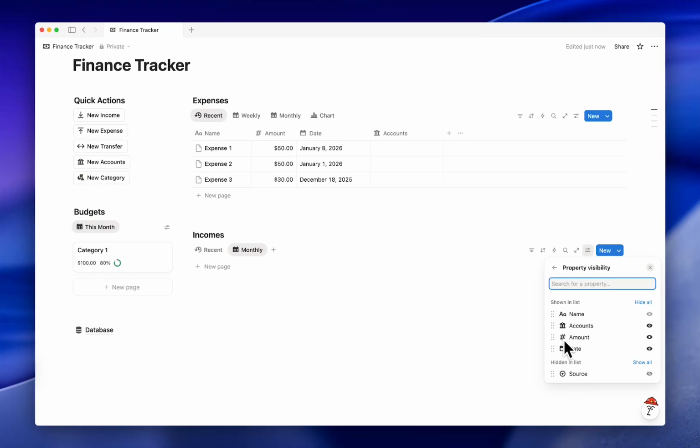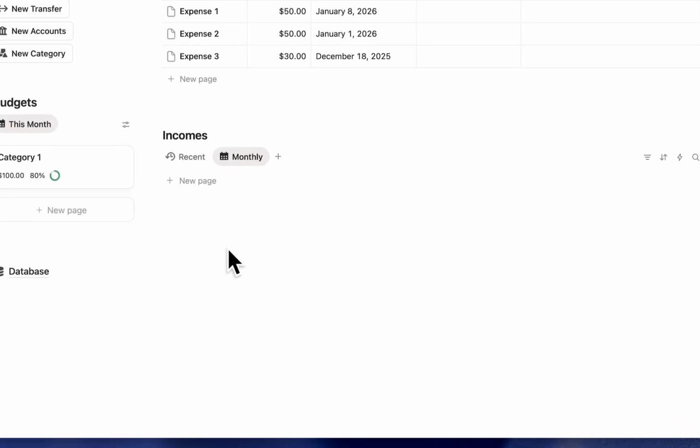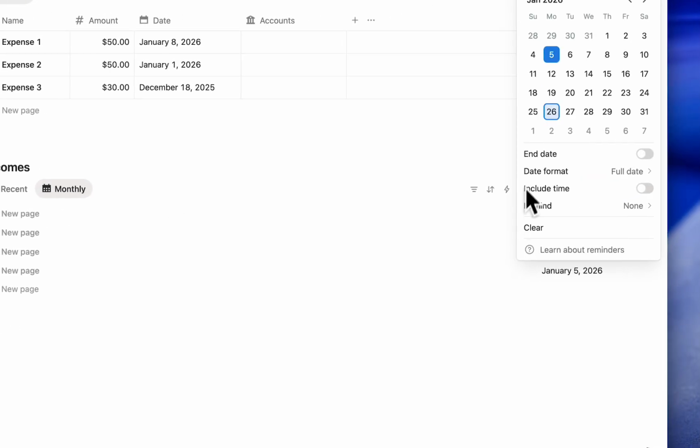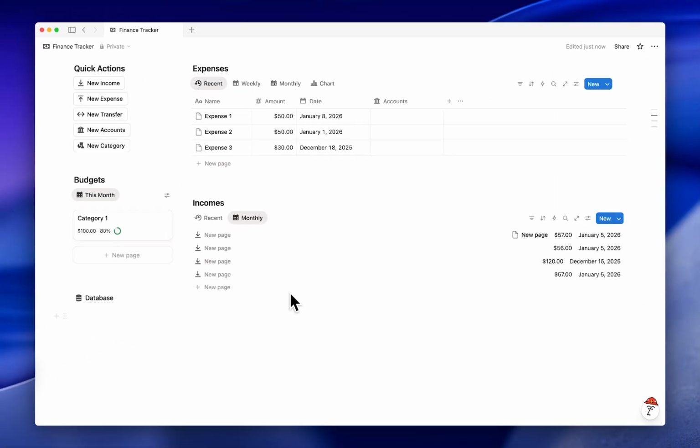Let's put the date here, the amount. Yeah, perfect. Now we don't have some pages. Let's add some pages, and let's maybe make this one December. All right. So now that we have some values, let's sum the values. First we need to group